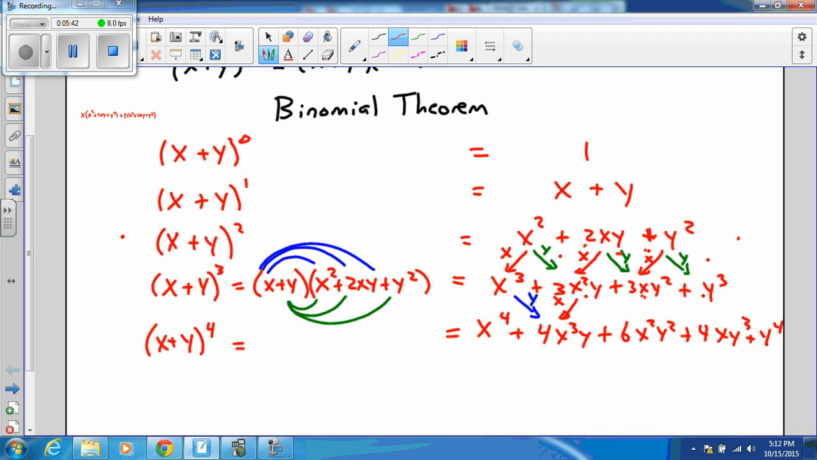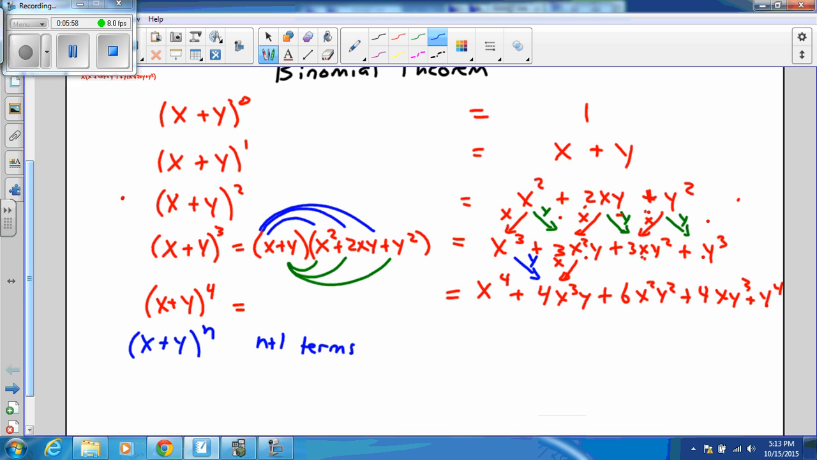Well, this gives a nice pattern, but how would I describe that pattern? I would describe that pattern by saying that first of all, if I have x plus y to the n, then I am going to get n plus 1 total terms. You can count here and see x plus y to the fourth gives me 1, 2, 3, 4, 5 total